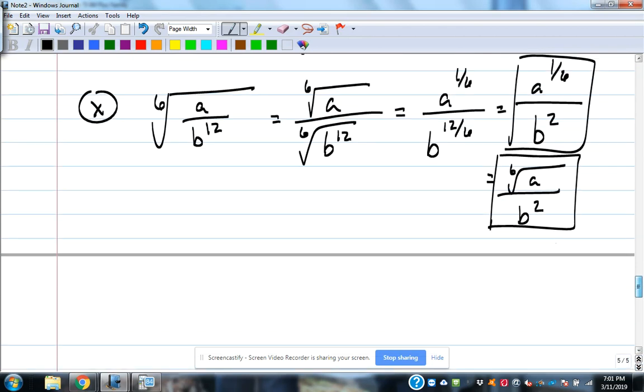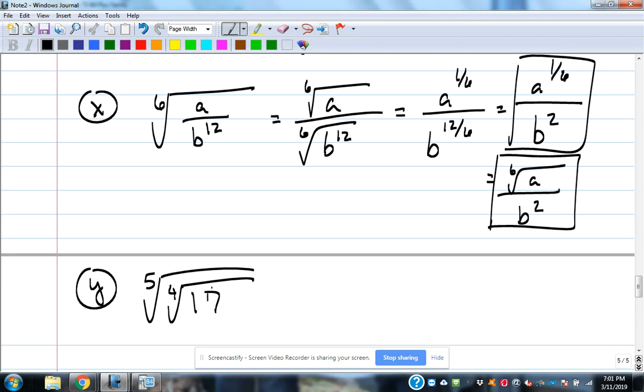I'll scroll up so you can still see that. I had this problem, or a similar problem. I don't think it was this exact problem, but it was similar to this that came up this week. Our high school students in Tennessee are taking the ACT test tomorrow for juniors, so we've been doing a lot of ACT math lately in my classroom. A problem like this came up, and